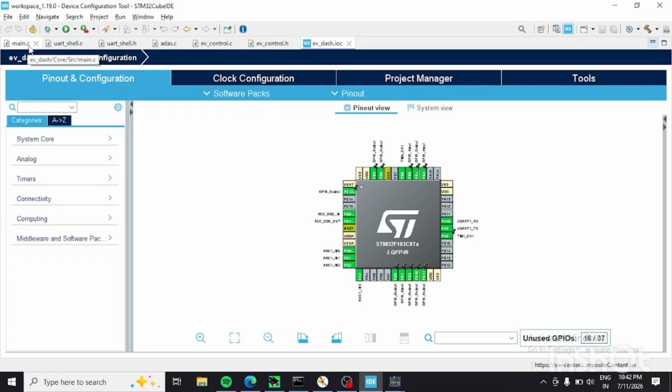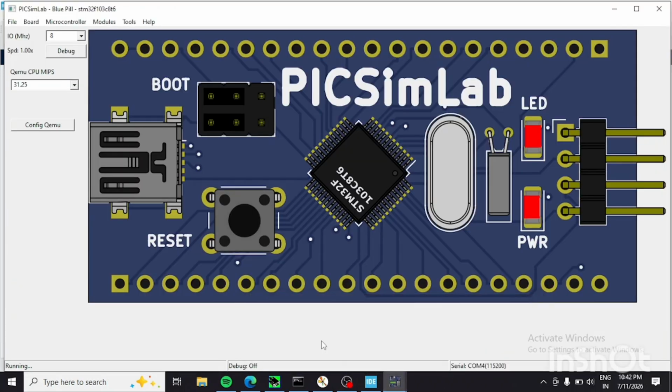It initializes all peripherals, reads sensor values, processes ADAS logic, and continuously sends data to the Python dashboard through UART inside the while loop. After this, we use the hardware implementation. In this, we use the Blue Pill STM32F103C8T6 in Proteus, this spare parts